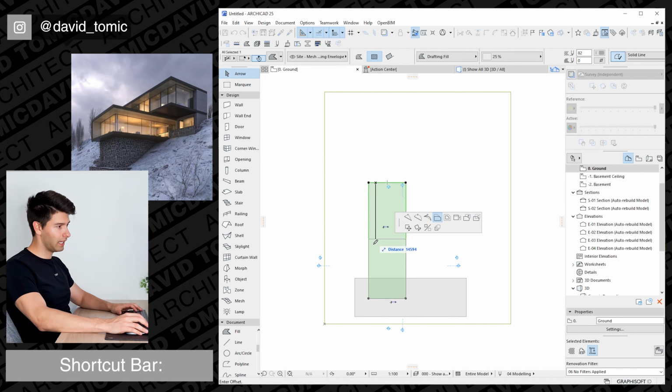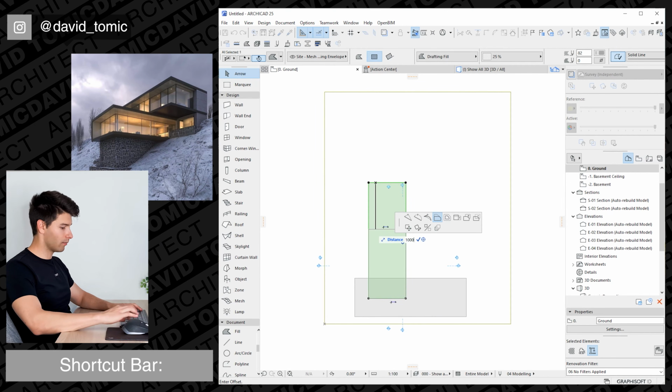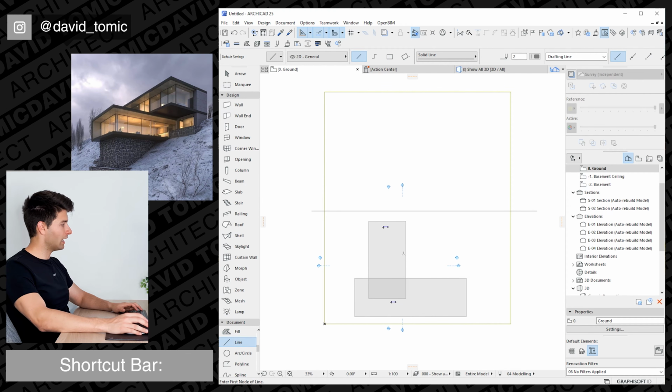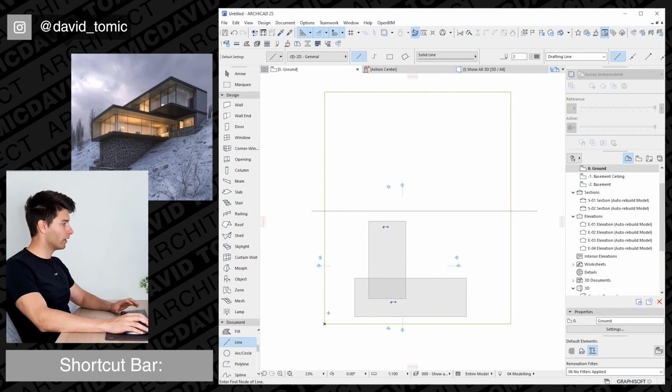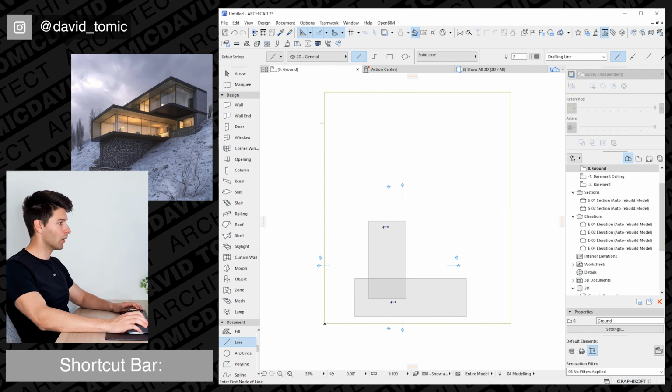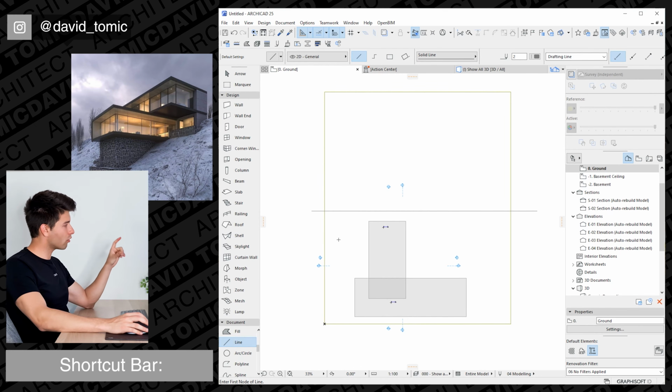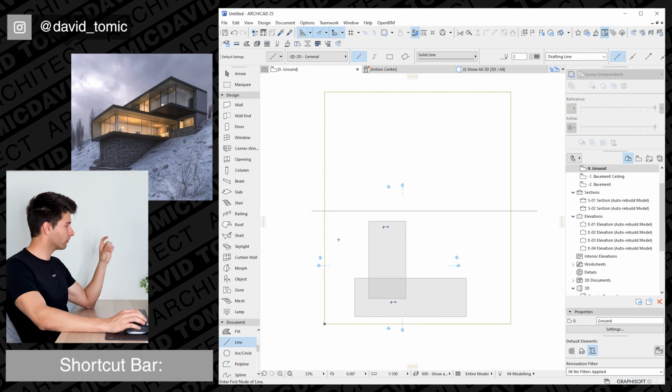So I'm going to tap on that edge, drag it back. Let's drag it back 10 meters. Roughly here is where the edge of those retaining walls is on that image. So basically what we're going to be creating is a stepping site from this point here going further and further and further down. Now, like I said before, it looks approximately like 3 meters on the ground floor, 3 meters